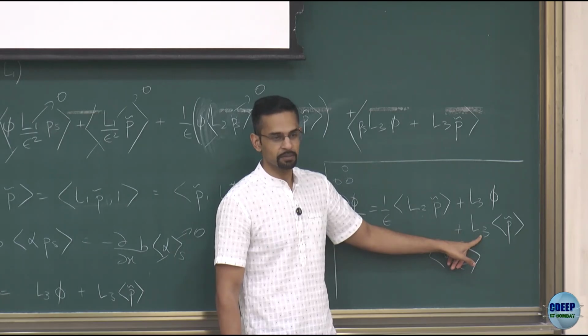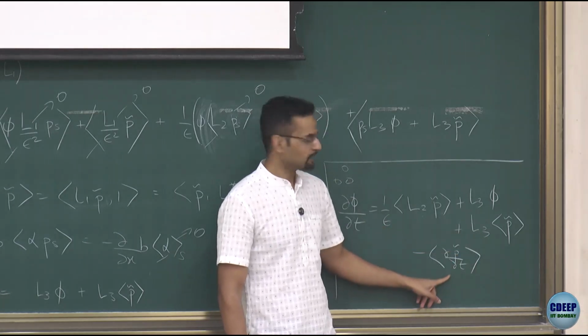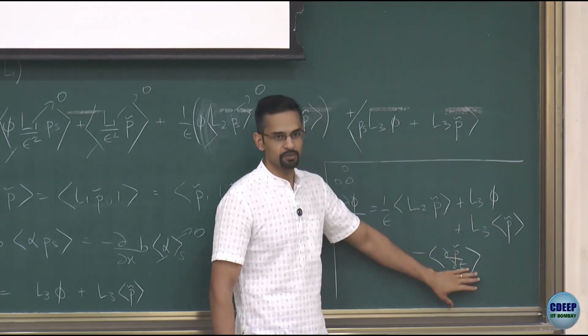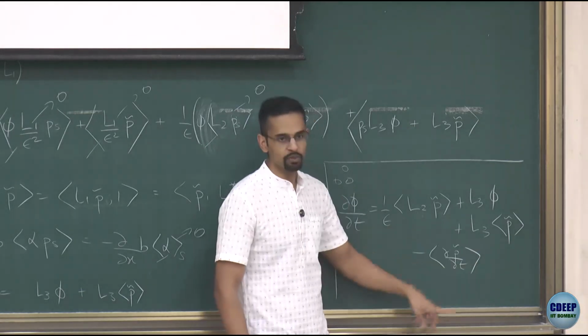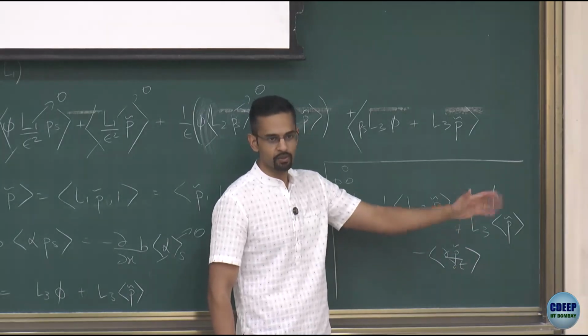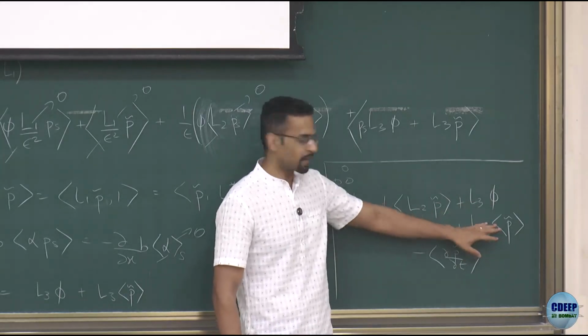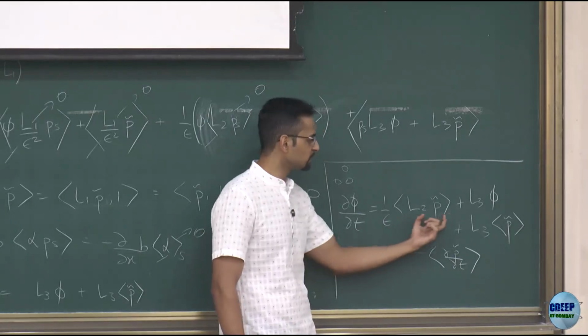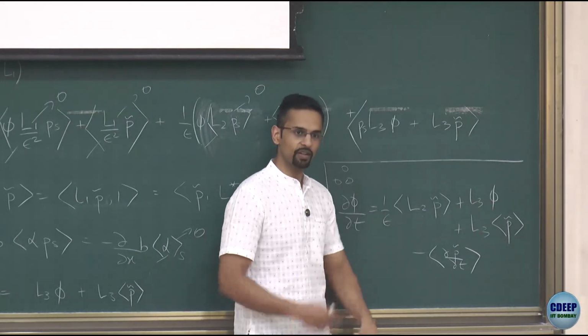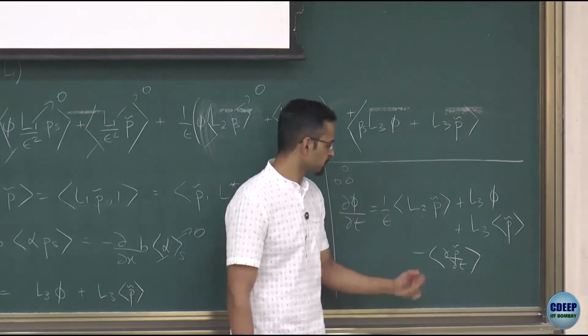Right? Because it becomes order epsilon. This term will be small. So I will not have to worry about these terms. We'll see in a second. When I retain only the leading order, I can get corrections from these at order epsilon square, epsilon cube. But at the leading order, I will not have to solve this whole equation. I'll get an equation which involves only these two terms in leading order. Then I can, of course, correct for it.